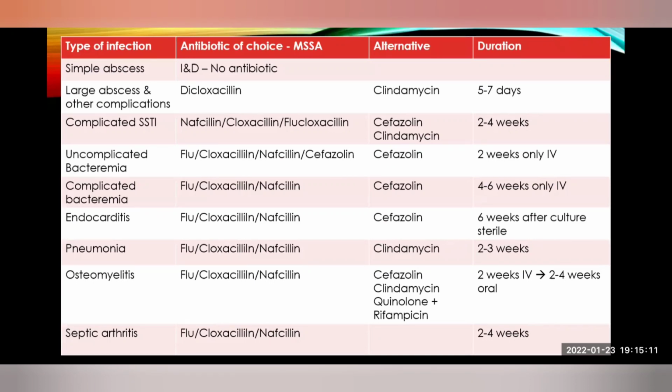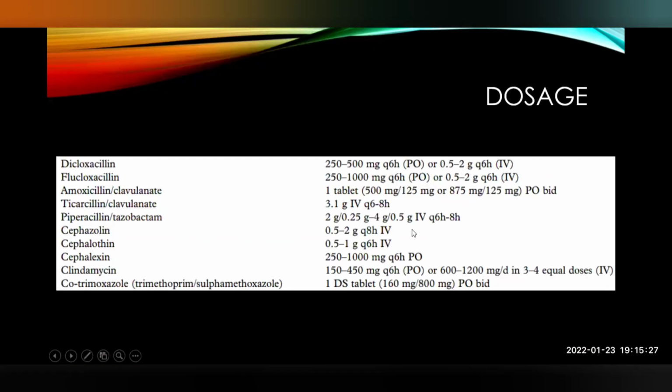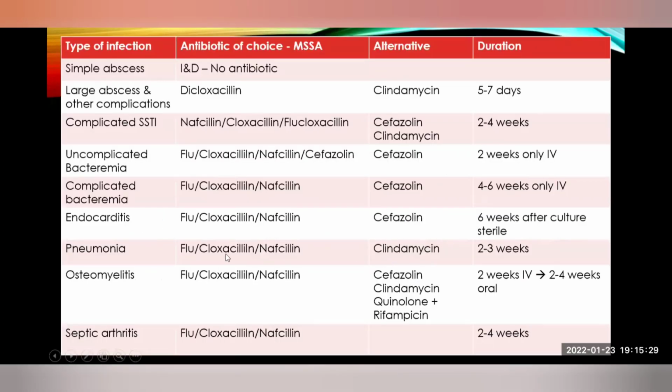From day 7 you have to give 2 weeks of flucloxacillin or the appropriate therapy. In case of bacteremia and endocarditis, this is the rule you have to follow after the culture is sterile. In case of pneumonia, especially necrotizing pneumonia, clindamycin, flucloxacillin, cloxacillin will be the first choice. And in case of necrotizing pneumonia, clindamycin, as I mentioned, has an added advantage, and the duration is around 2